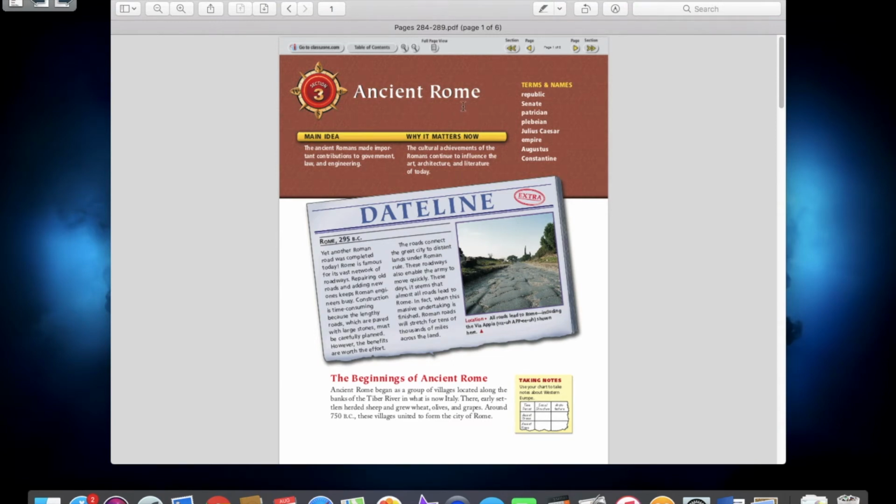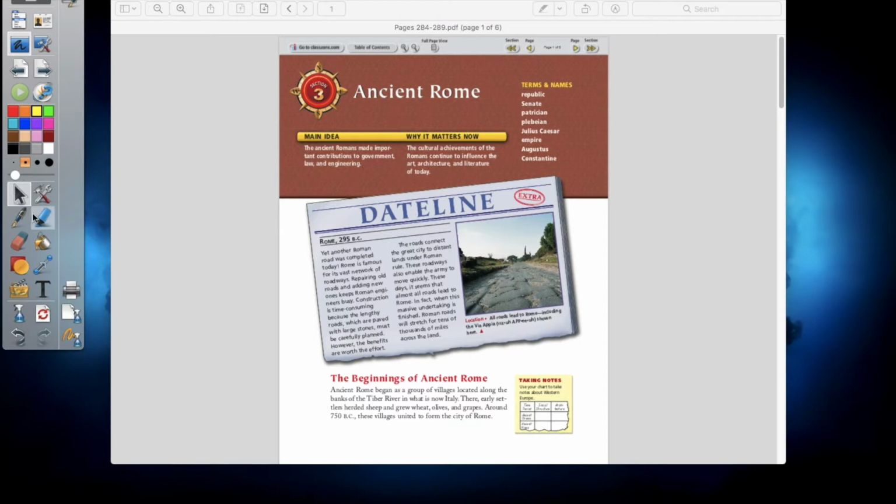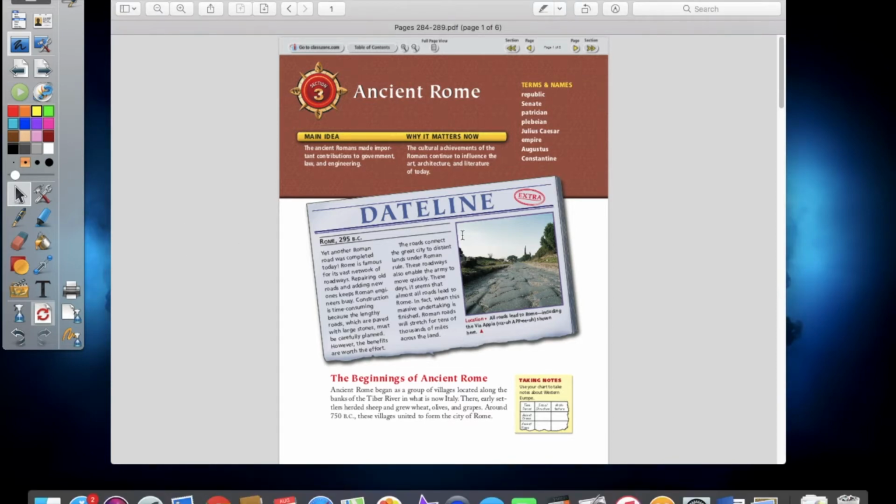So if you want to download those textbook pages and read along with us and follow along as we're going through the material, that is perfectly fine. In fact, I highly suggest it. And as always, as you go through this textbook lesson, I will be making my desktop annotations real quick using this program in order to highlight some of the more key and important information available for these pages. So that being said, let's get this lesson on a roll about the ancient Romans.